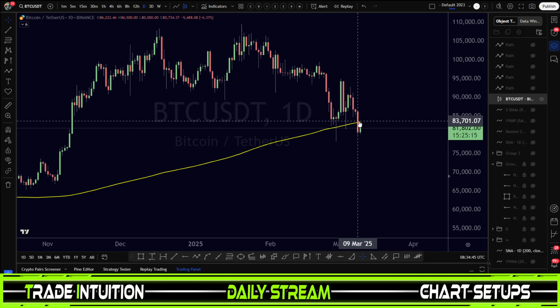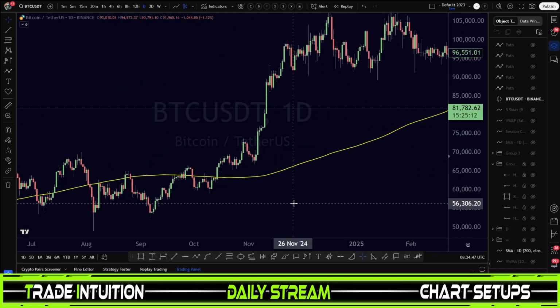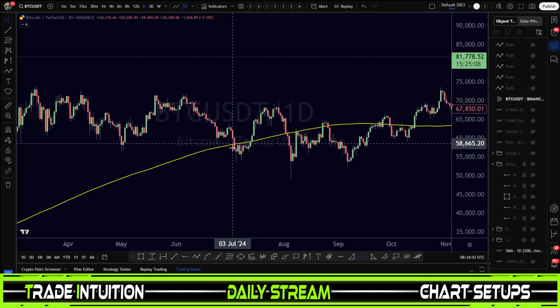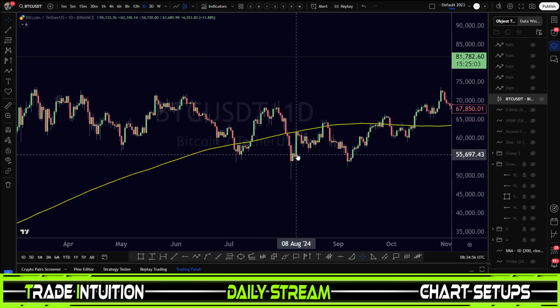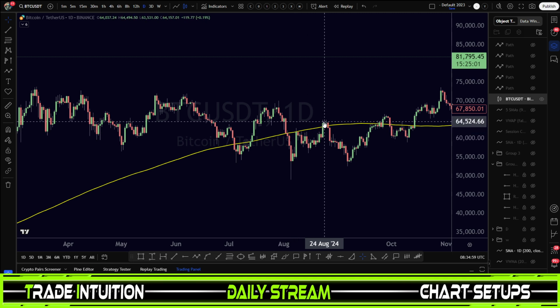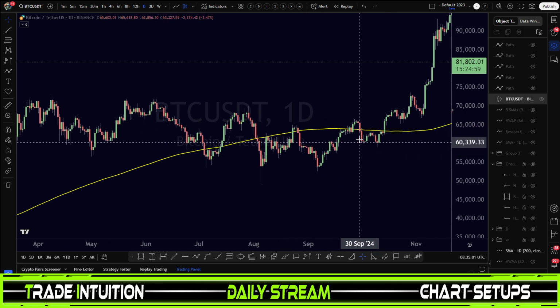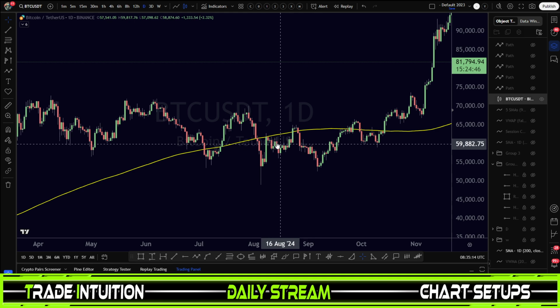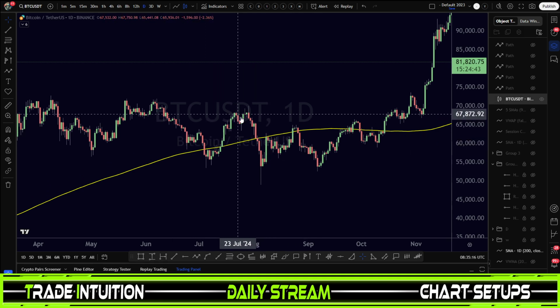Now, just because it closed under here, that does not mean that we're going to zero. You can see here, price action closed underneath it on the daily, then went above it, then went below it, then got rejected, then kind of went above, then below, then rejected. This moving average, in my opinion, the strength of the support resistance that everybody looks at, for me, from 0 to 10, I consider it a 4, because sometimes it gets rejected, sometimes it doesn't.